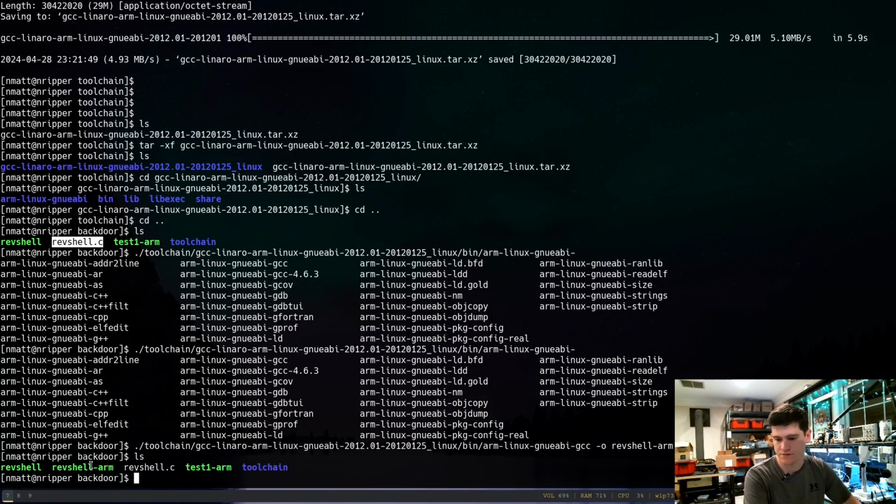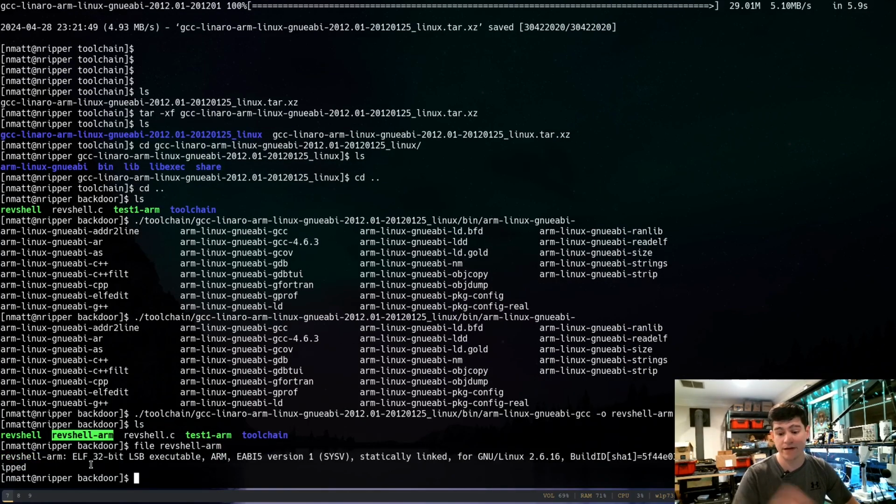And there we go. So now we have a RevShell ARM binary, and we can run that file command again, and we can see that now we have, like before, a 32-bit, least significant bit. That's what we want. ARM, that's what we want. But now this part looks good. Now we have it compiled for GNU Linux 2.6.16, right? It's for 2.6. It's in the right ballpark, right? And this is older, so we shouldn't get that error, you know, kernel too old, right? So